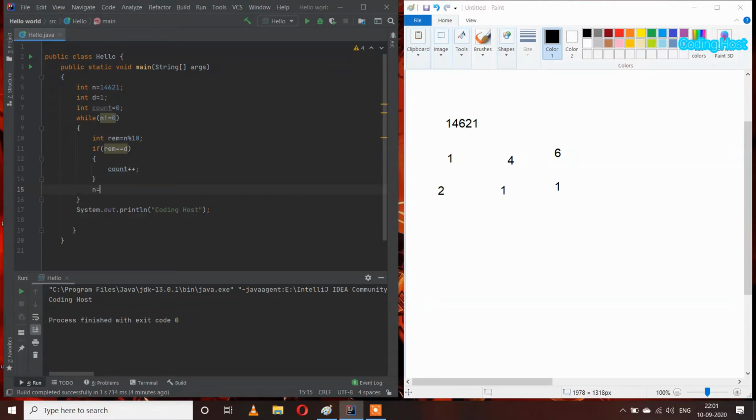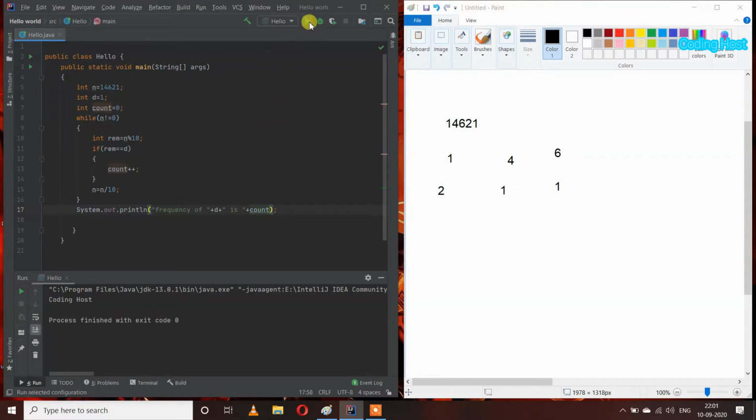And n equal to n slash 10. After that I will print the frequency. So in this println statement I will write "frequency of d is" plus count.